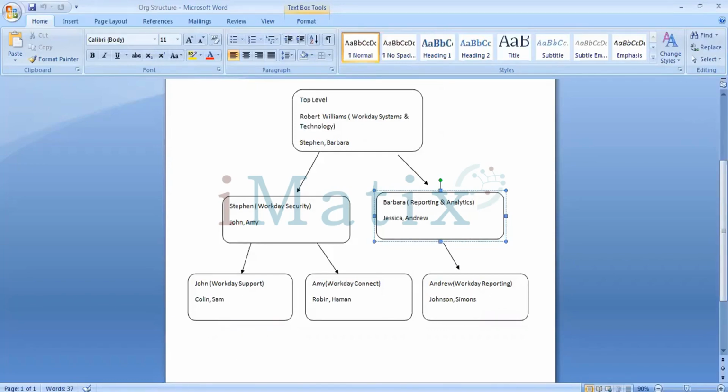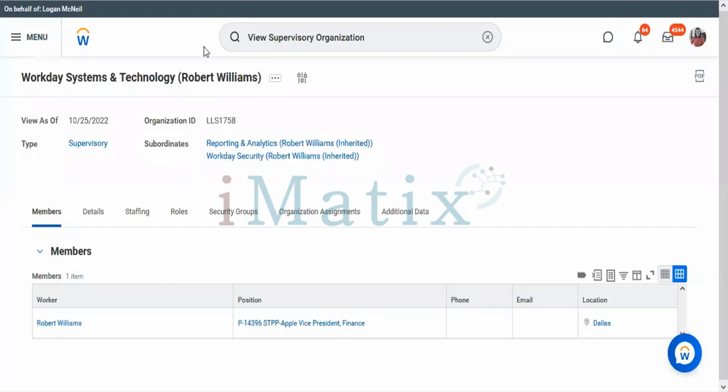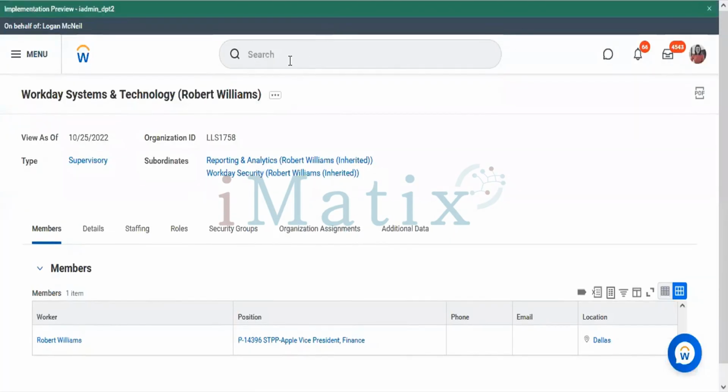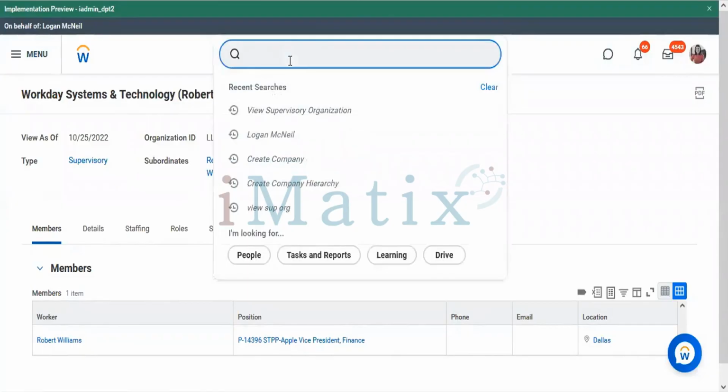The other thing is org assignments. I created a company hierarchy and a cost center hierarchy. We've just created that one. We have not assigned it to supervisory organizations.